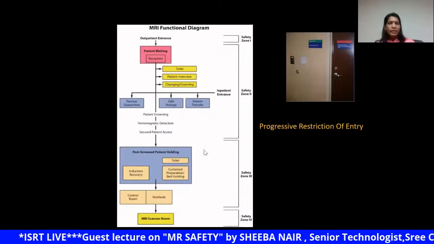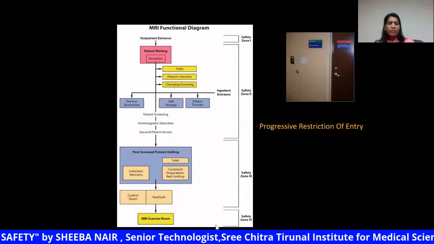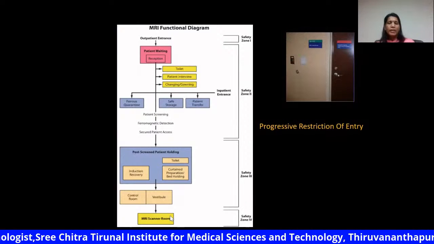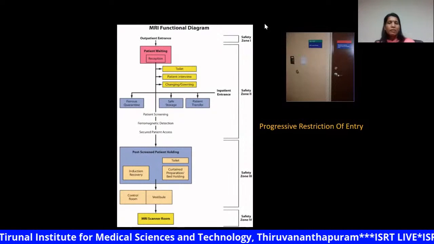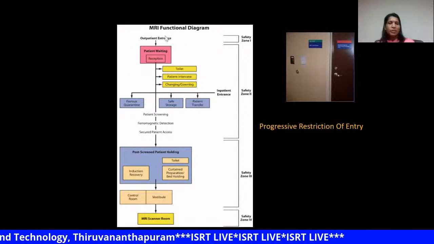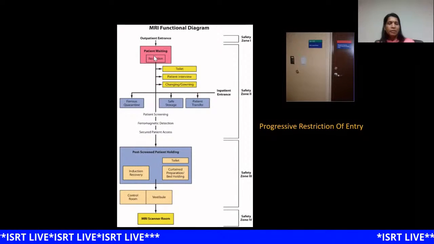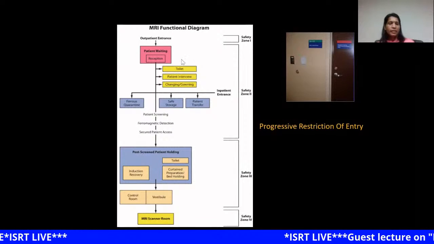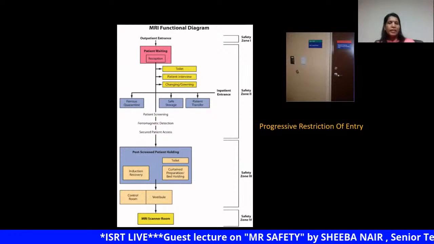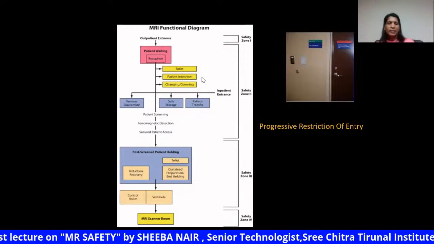So this is a functional diagram for an MR unit. The aim of this layout is that the MR scanner room should not have free access to the public. Free access is provided to zone 1, where the patient can enter the radiology department, make their appointment, or give their request. Then there will be a second area called zone 2, where the patient can